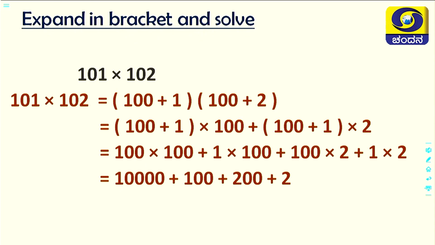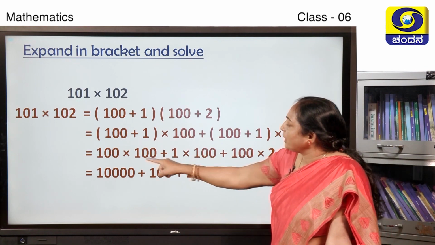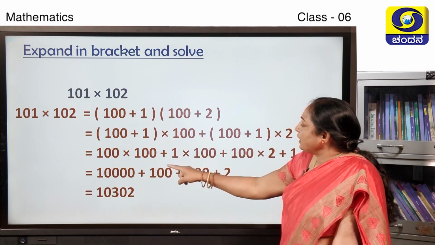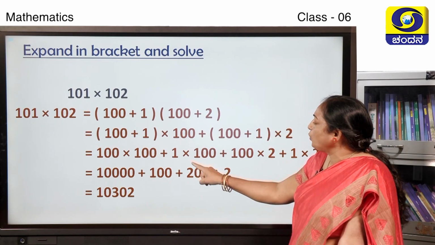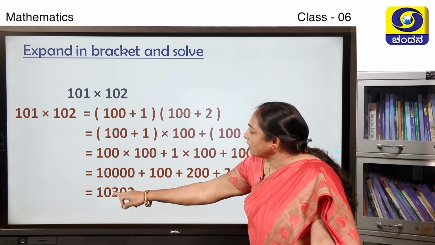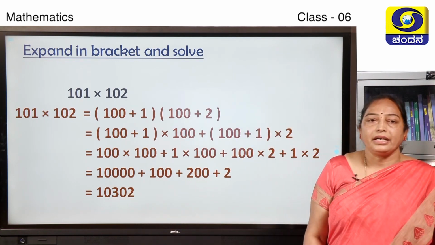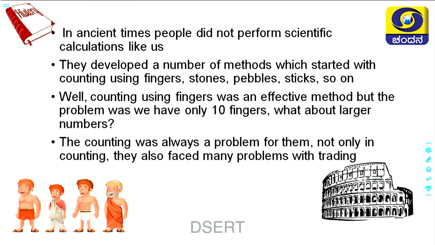100 into 100 is how much? When you are going to multiply the multiples of 10, we should count totally how many zeros are here. 100 into 100, 4 zeros. That is why answer is 1 with 4 zeros. Here that is 10,000. First we take ones place numbers. 2 plus 0 plus 0 plus 0, that is 2. In tens place 0, 0, 0. In hundreds place 2 and 1, that is 3. In thousand place no number, 0. In 10,000 place only 1 is there. Therefore, answer is 10,302.